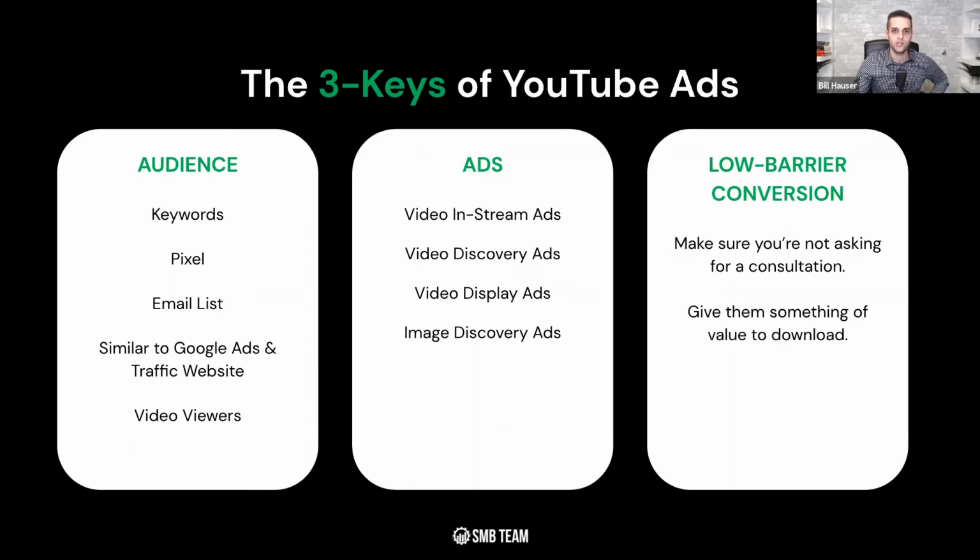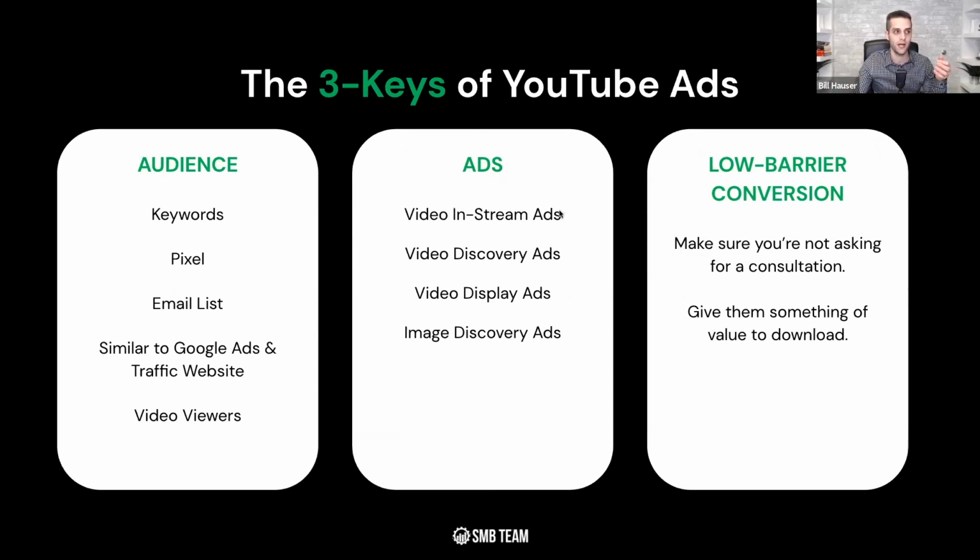Okay. Now, some of the fastest moving, most effective audiences include keywords, pixels, email list, similar to Google ads, landing page traffic, and video viewers. The 2 I want you to really focus on is keywords and pixel. And if you can only focus on one, just focus on keywords, meaning if you have a list of the 100 words you think your clients type in, or you already know this, just import them into YouTube in the audience manager and then create a 1 to 2 minute video, okay, which I'll show you an example in a second of what these ads look like, and then show ads, okay?